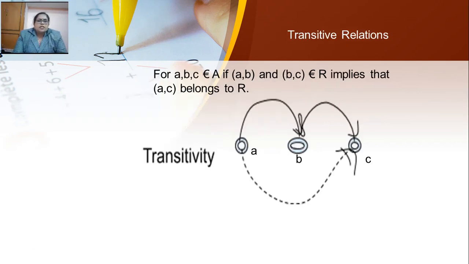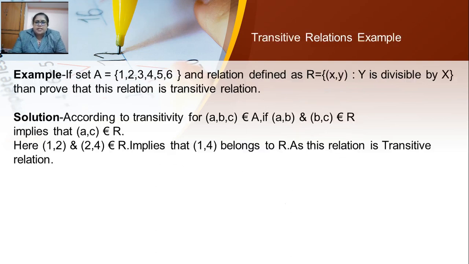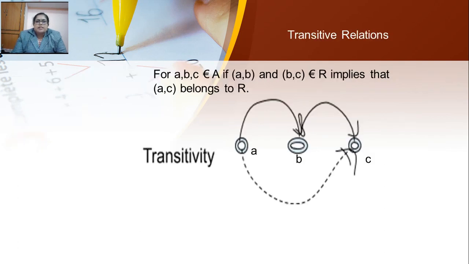Now, transitive relation. Firstly, we have to know what transition is. Suppose I am standing at a point A and go to point B, then again go to point C; then A to B and B to C is my transition. Here A is linked with B and B is linked with C, and A is linked with C. Similarly in a transitive relation, for a, b, c belonging to A, a, b, c are elements of set A, then if (a,b) and (b,c) belong to the relation, it implies that (a,c) belongs to R.